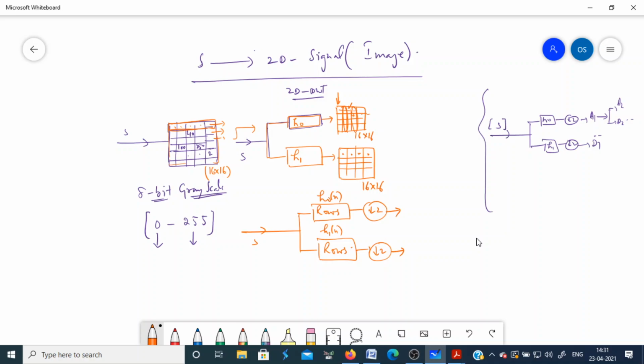Okay. So if you have 16 rows and 16 columns, then at the output of this you will have only 16 rows and 8 columns. So it is decimation along the columns. First you apply the filter on the rows, then decimation on the columns, and then after this, we process these